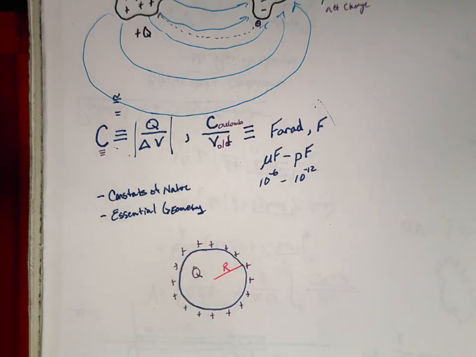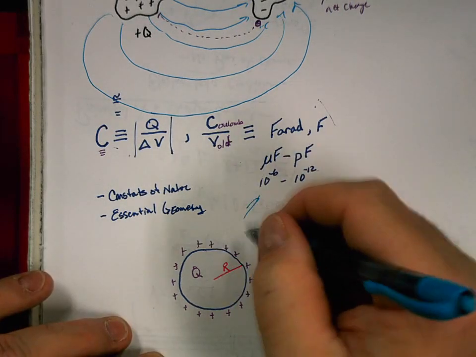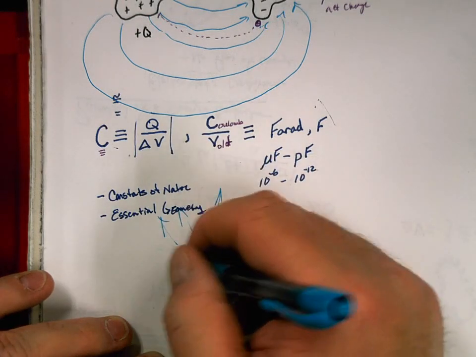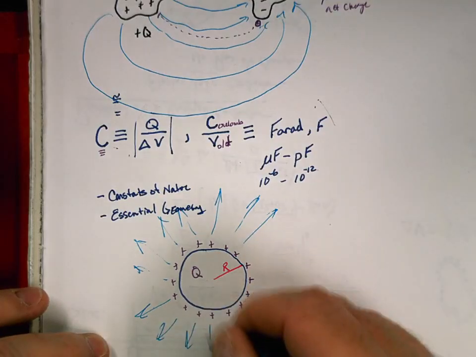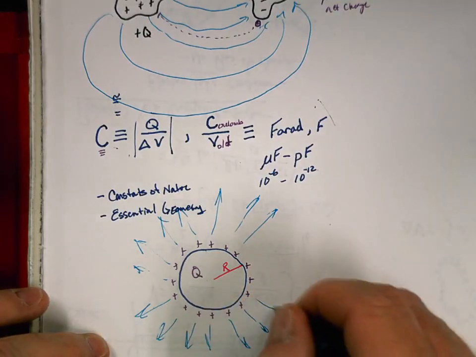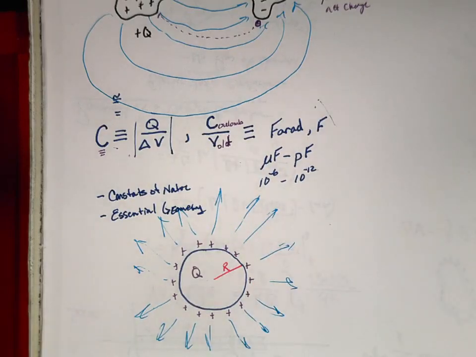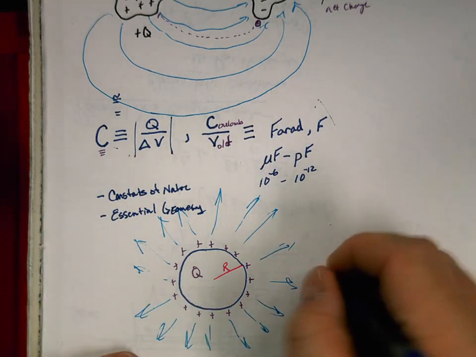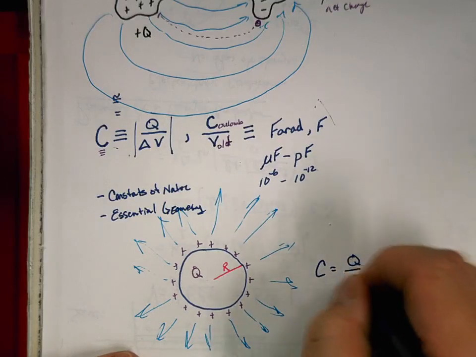Okay, and that means that we have field lines that are shooting out. Each positive gives off its own field line. They are all radial to our sphere because the surface itself is uniform, and it doesn't cause a whole lot of discussion like a non-uniform surface. All right. So in this case, or in all cases, our capacitance equals Q over our change